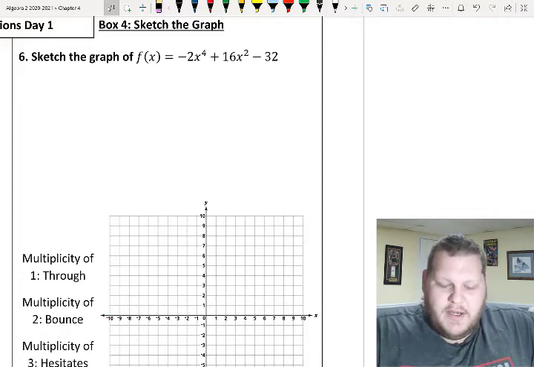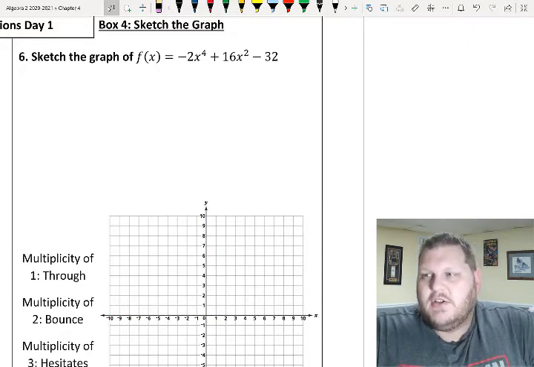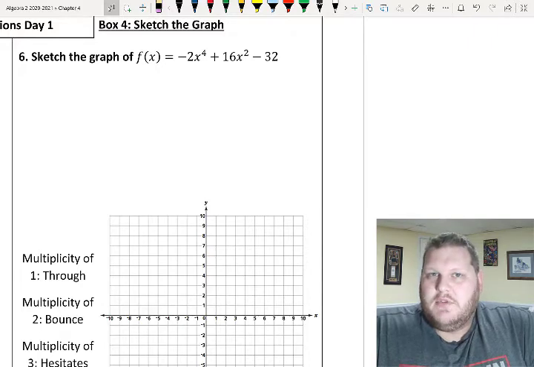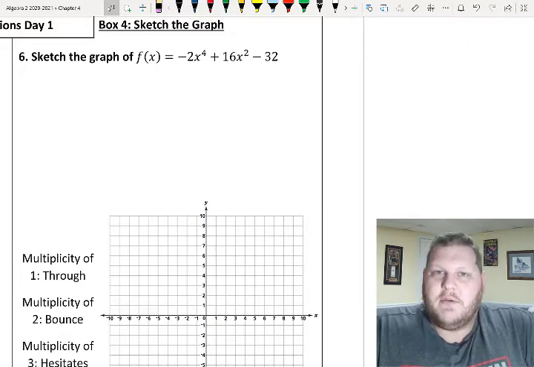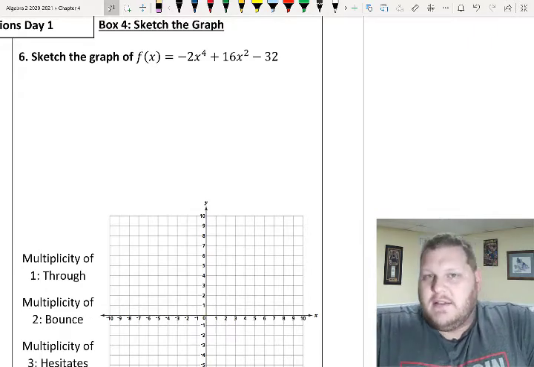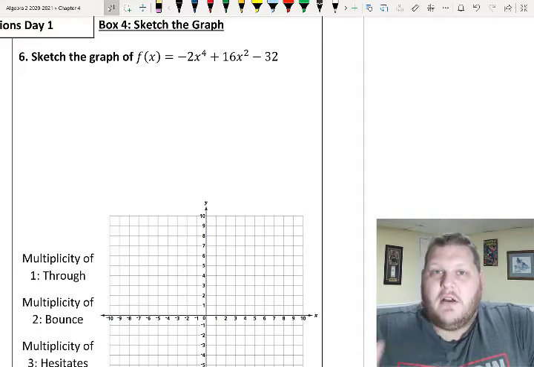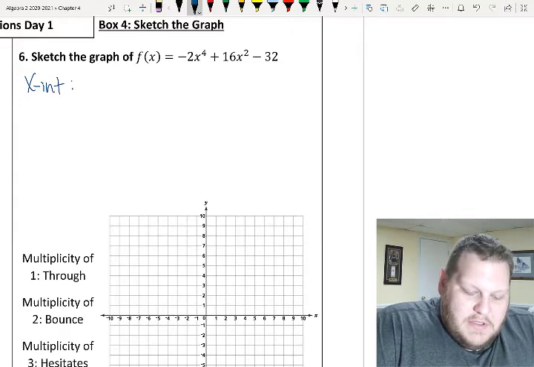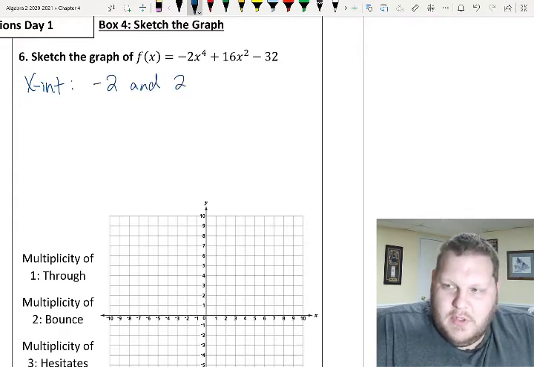We found already, and I'm trying to save us some time, this is the exact same function as box 3. So we've already solved it. We've already found the zeros, which we've talked about how the zeros are the same thing as the x-intercepts, are the same thing as the solutions of the equations that equal 0, all of that stuff. So we've already solved this and determined that the x-intercepts of this graph are -2 and +2,